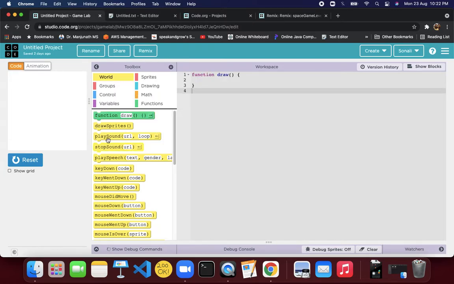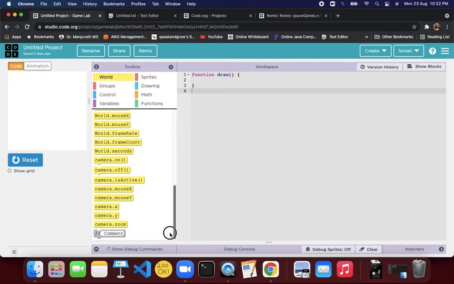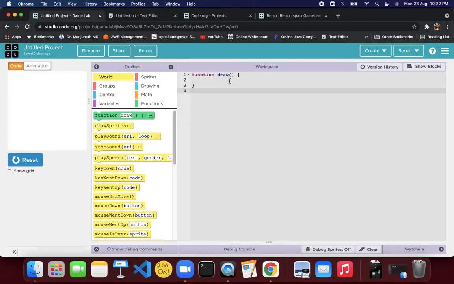Now in the middle we have a toolbox. What is the toolbox? It has all the code blocks it gives you. You just simply drag and drop and your coding will slowly start moving. Again, you can write directly also, but initially let us practice drag and drop, and then over time we will practice direct writing.